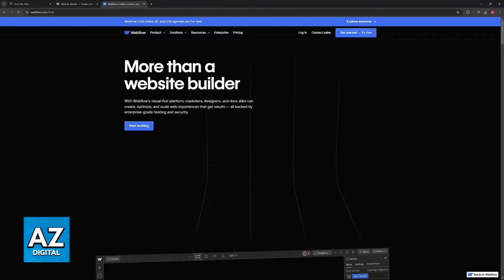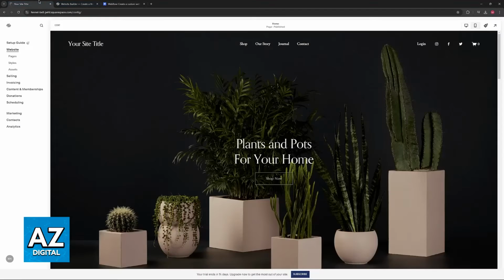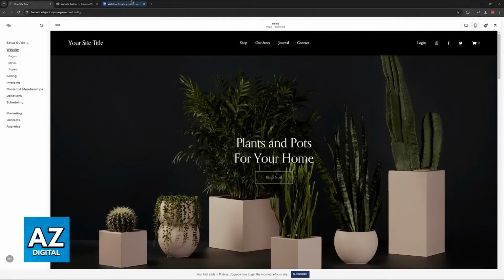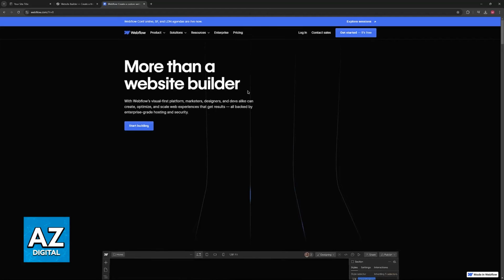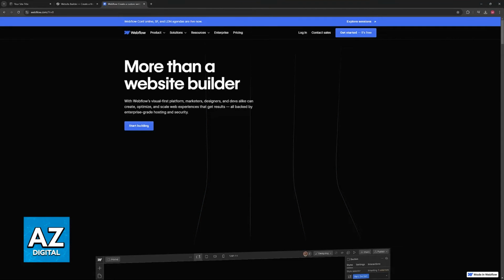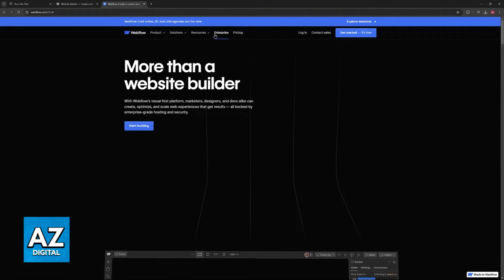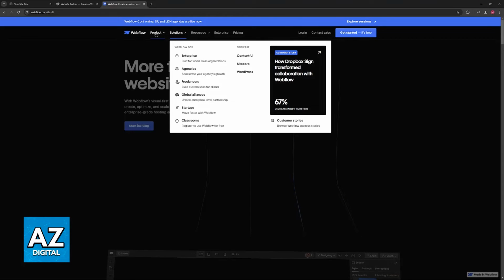So you transfer it over from Squarespace to GoDaddy, for example, and then connect the custom GoDaddy domain to Webflow. But as it stands today, transferring it directly from Squarespace to Webflow, which is the focus of this video, is completely impossible. Both of these services are mainly designed for you to build your website, and because Webflow itself does not function as a domain registrar, you will not be able to get this done.